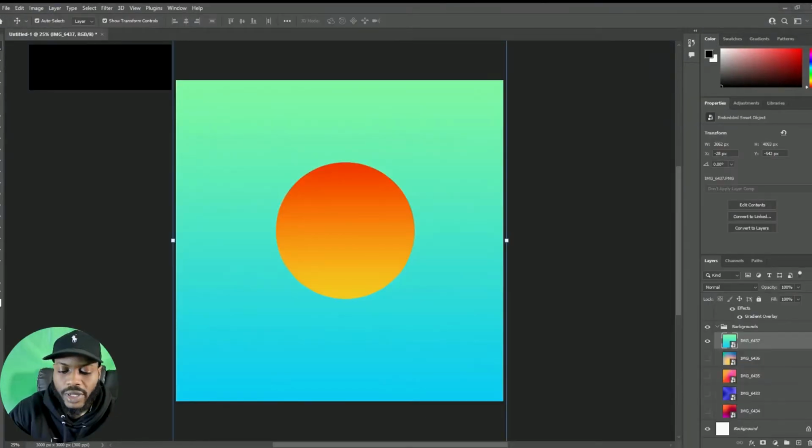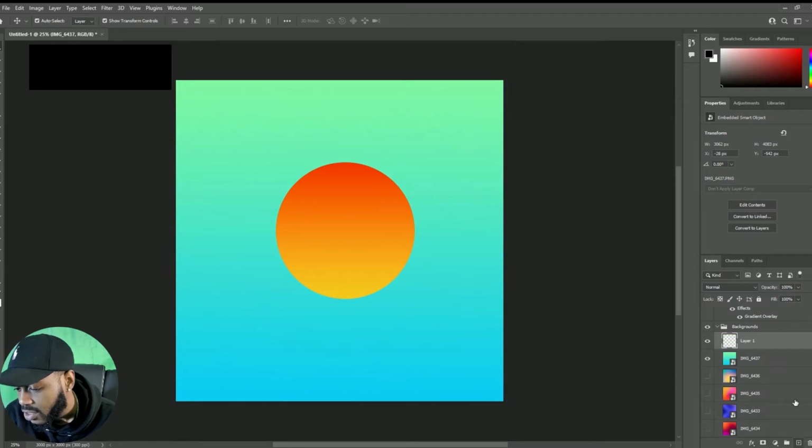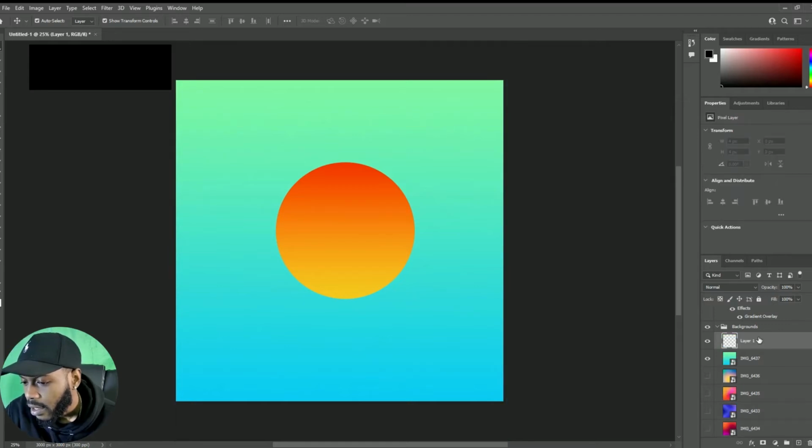So before you make your eye sets and hats and whatever other sets you're going to have on there, you always want to make a folder that has a group of all your sets, just to keep everything organized. So you want to come over here under your background, come down where it says create a new layer. There's a box with an addition sign. Click there. At that layer, right click and click group from layers,